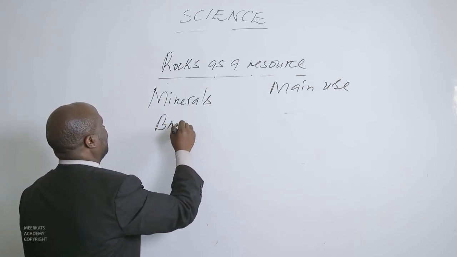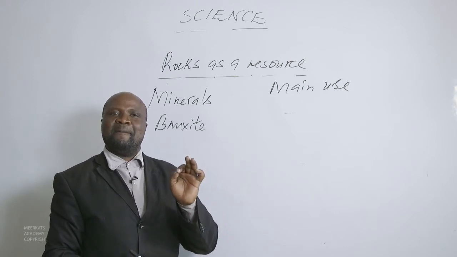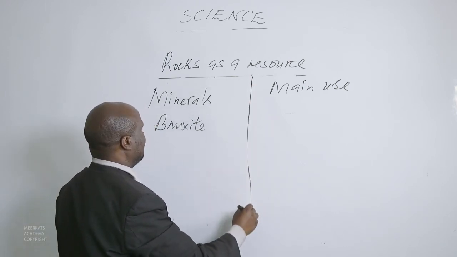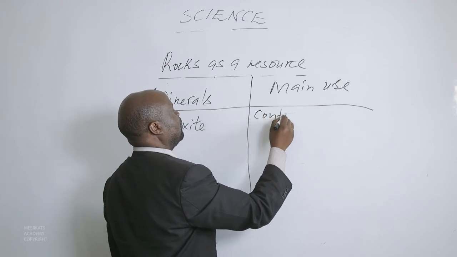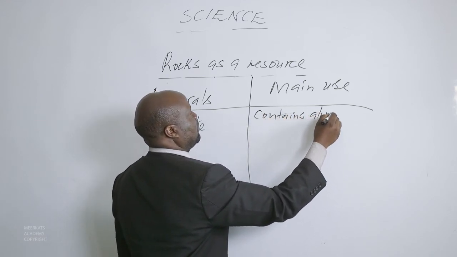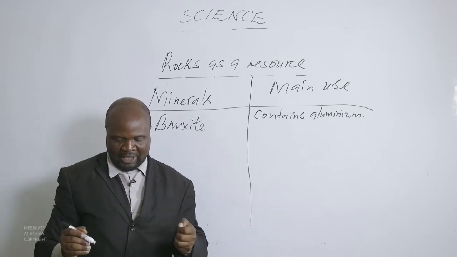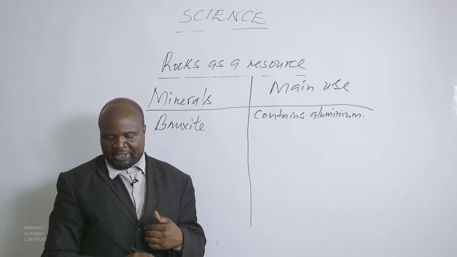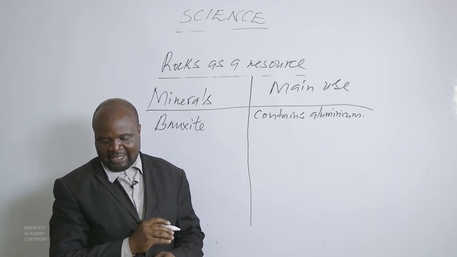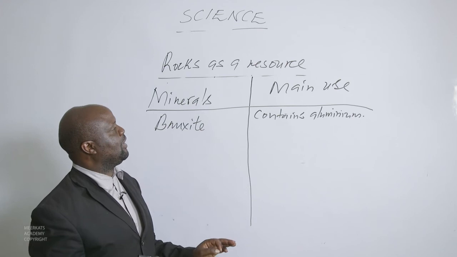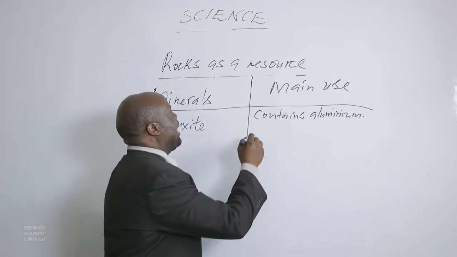The bauxite. Now the bauxite, this kind of mineral, contains aluminium. We can have our table like so. So I say it contains aluminium. When we say bauxite contains aluminium, we are saying aluminium is used in making aircraft, drink cans, and high voltage power lines. So we are saying bauxite, this mineral in rocks, contains aluminium, and aluminium is used